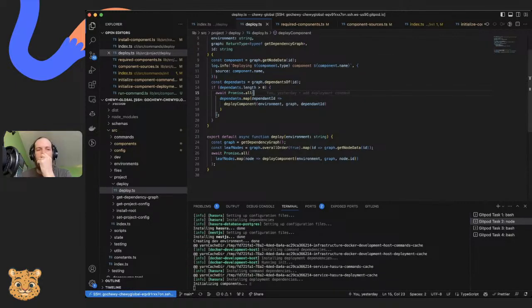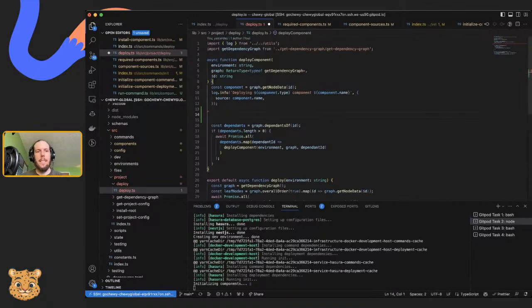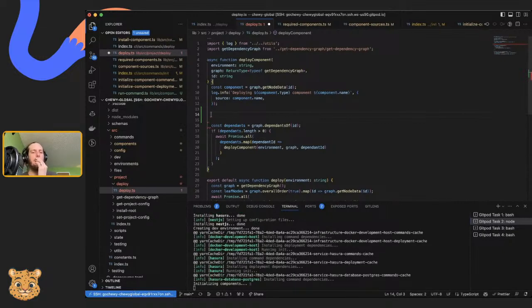Now what are those going to be? So deploying, all right. Somewhere in here. Ooh, is this it? Yeah, okay, it's async. So what we kind of need to do is